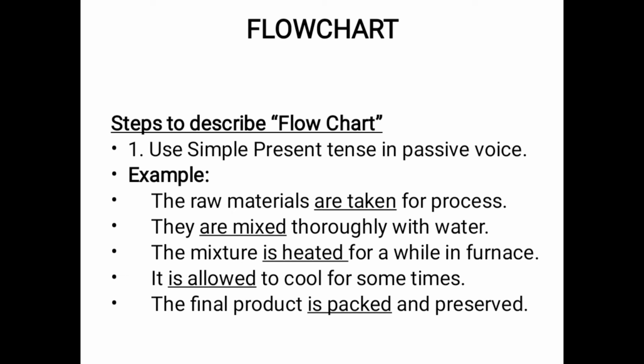So first raw materials are taken, then they will be mixed. Raw material means including water, whatever things are needed to make that product, usually sugar, water, powder, etc. Then the mixture will be heated. First we heat for making any product. After heating, you make it cool. Then only we can pack. So that process can be set for a flow chart.